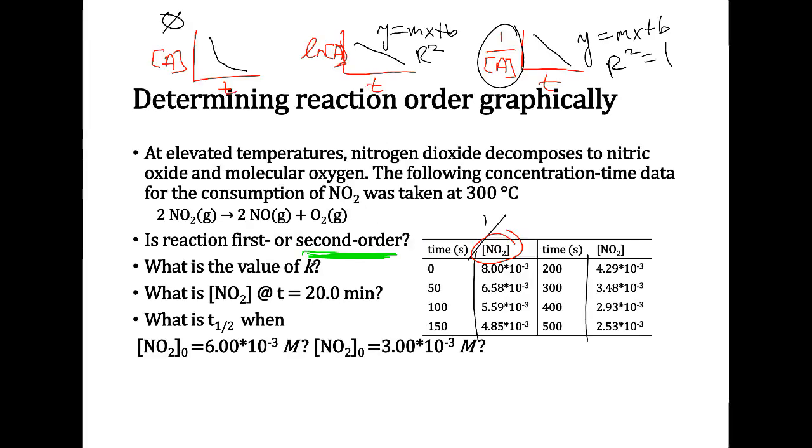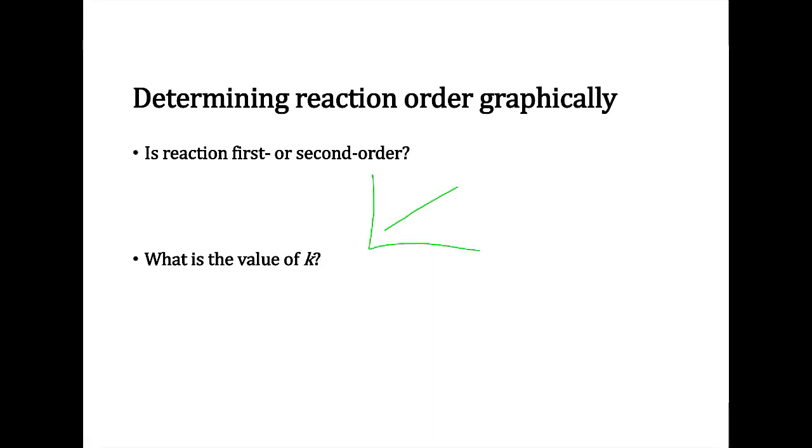And back here, sorry, I drew this line the wrong direction, it should have a positive slope like that. So we'll have 1 over the concentration versus time. And what we can do is find k, because we know that k is going to be equal to the slope. So you'd run your linear regression, you'd find what m is, and in this case we would find that it is